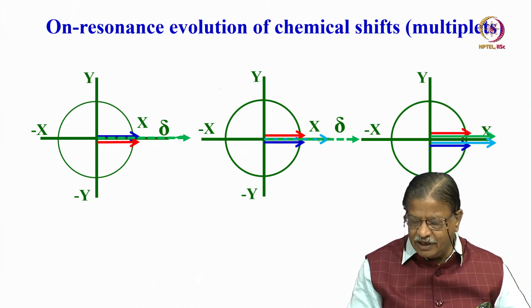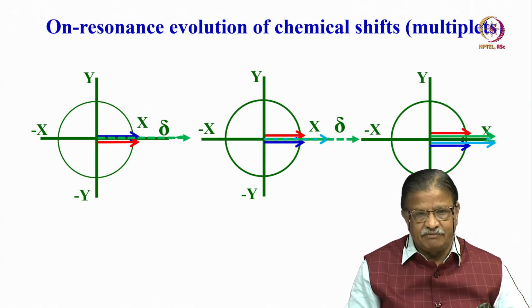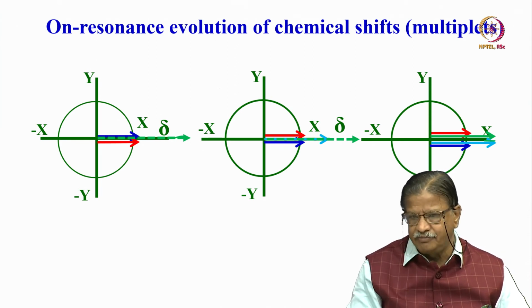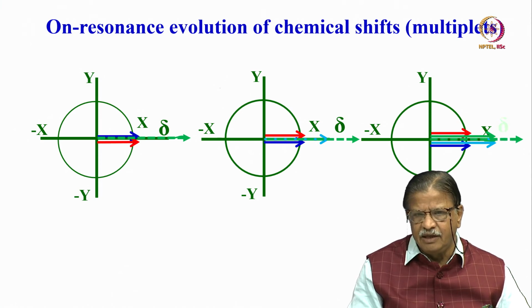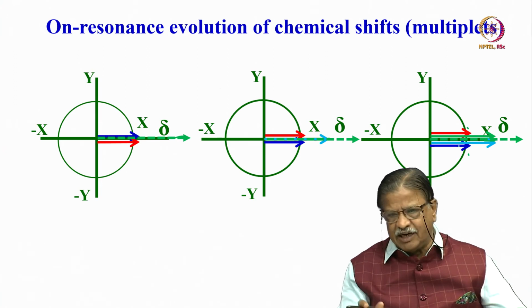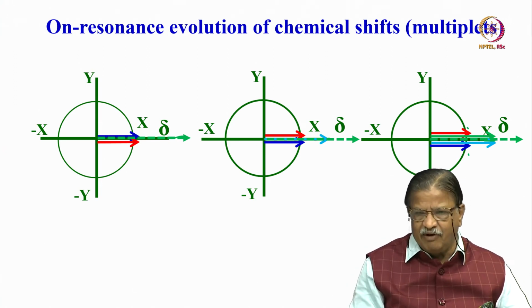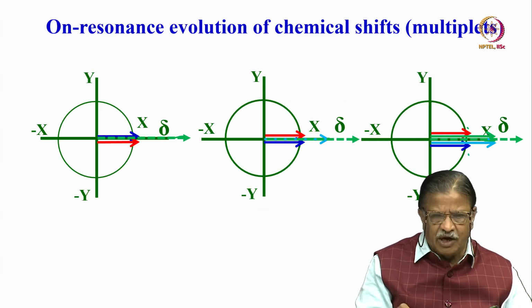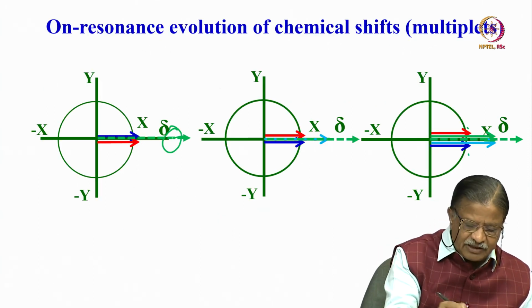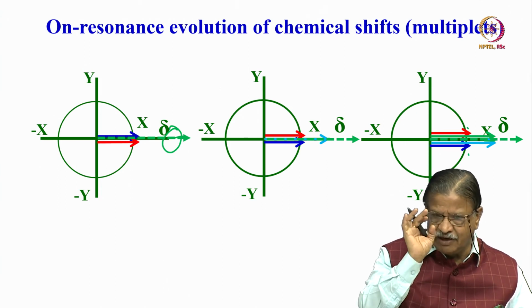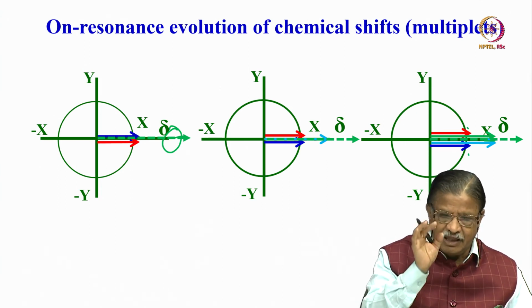If I take the quartet, exactly the center of the quartet is on resonance, so the chemical shift does not evolve. Now, of course, what happens to these components, I will show you when we go to J coupling. The J coupling does evolve on resonance, that is what I said. They will evolve, but for chemical shift, when you are on resonance, at the center of the doublet, there is no peak there. As I am telling you, the center of the doublet is the chemical shift. That is how it evolves.